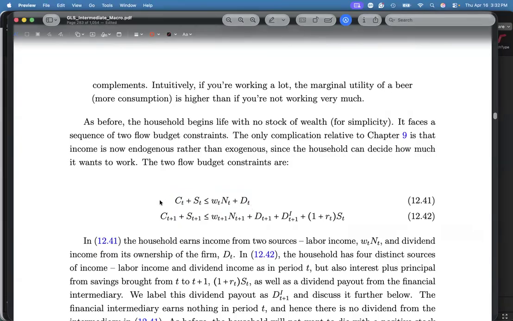Sa next period naman, in the future, it's the same thing. You'd want to either consume or save. Of course, we kind of know the punchline sa ST plus 1. We're only putting this for completeness sake. But this one, in a two-period model, this one will be 0 for sure. Now, in the future, ano yung mga sources mo of income? Isa-isahin natin. What's this one?